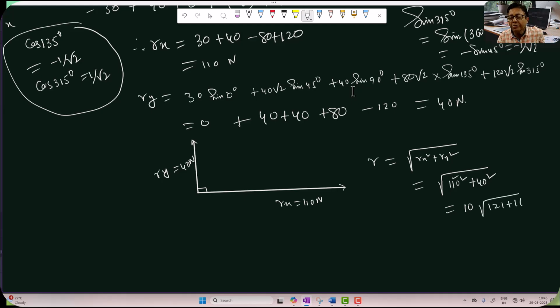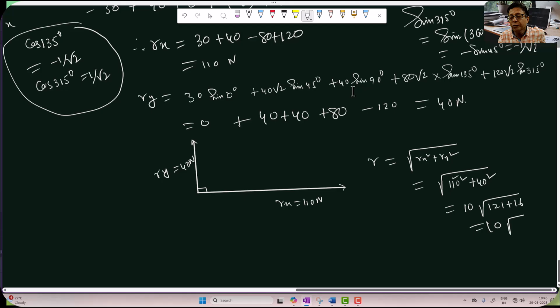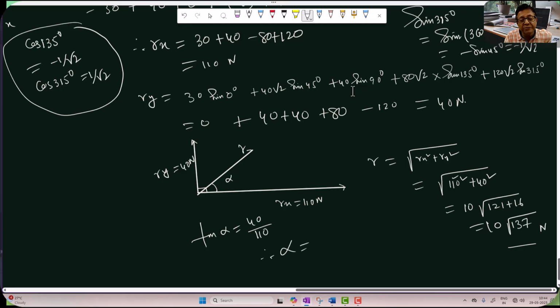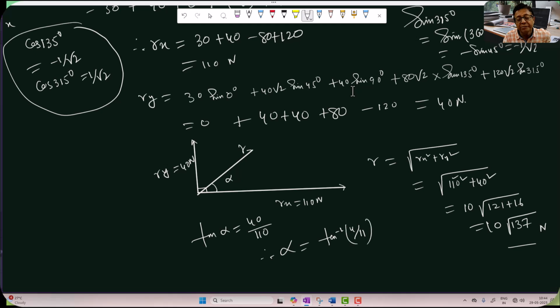Root of 110 square plus 40 square, that is root of 121 hundred plus 16 hundred, about 117 Newton, and the angle made by resultant with x-axis you can get by this formula. Tan alpha is 40 by 110, so alpha is